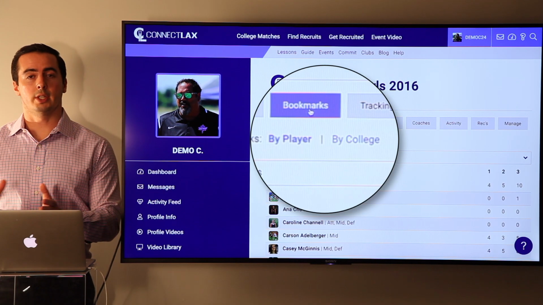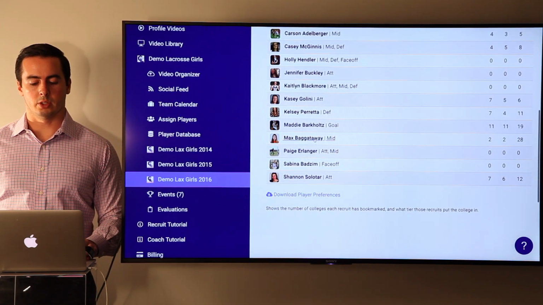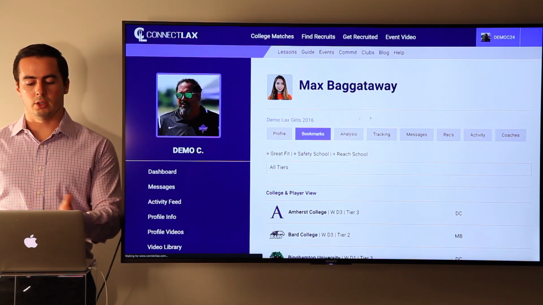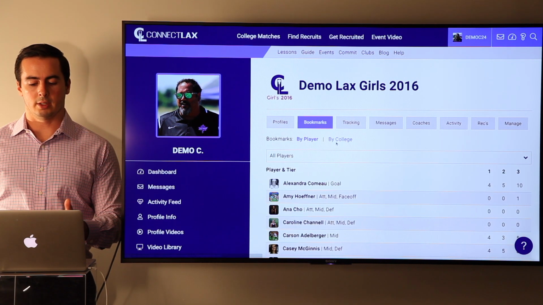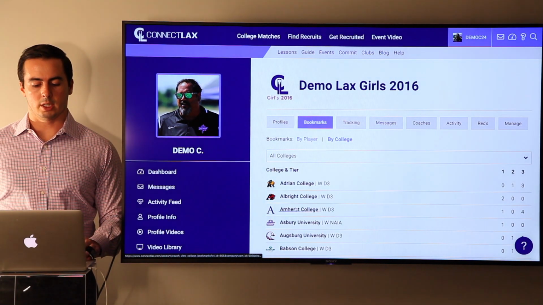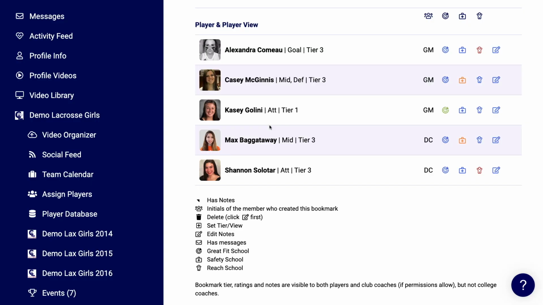On bookmarks and the other tabs, you're going to see everything organized by player, by college. So for example, we were looking earlier at Max Bigataway. This will be her list of bookmarks. If I click back to the team and I come down and click by college, now what I could do is click on Amherst, the third one down, and I'm reaching out to the coaches here on behalf of Max and Midi, and they say, you know what, we already have a Midi for that year. What we're looking for is attack. I'll see I have two attack players, Casey and Shannon, with Casey being tier 1, so very interested in this